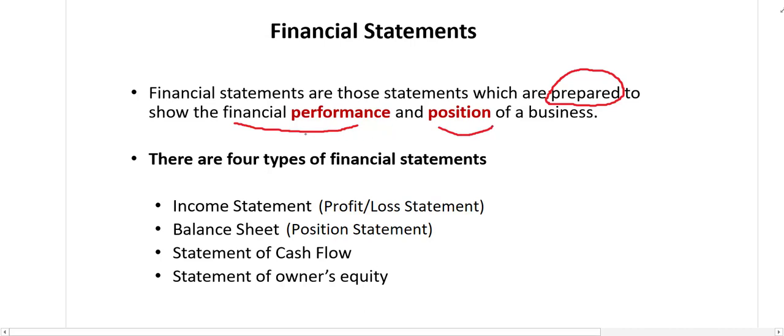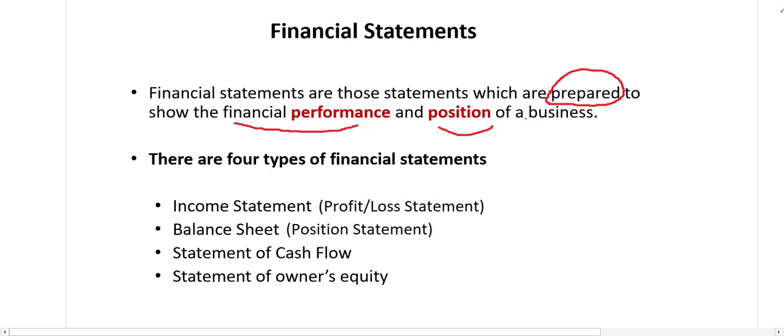Financial performance of the business simply means it's a statement which shows the profitability of the business. It means one of the purposes of financial statement is to show whether the business made profit or whether the business suffered loss. And the second purpose of financial statement is this one, to show the financial